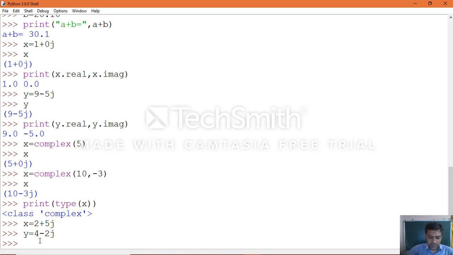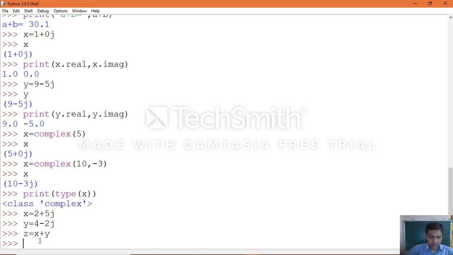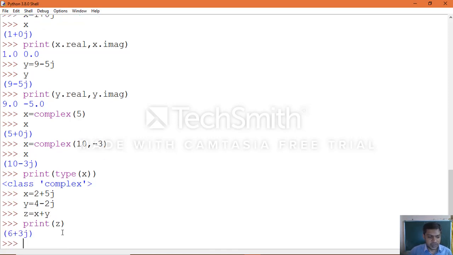Okay, then z equal to x plus y, print the z value. This also becomes a complex number. So 2 plus 4 is 6, and then 5 minus 2 is 3, which means 6 plus 3j. We will get the output as 6 plus 3j.